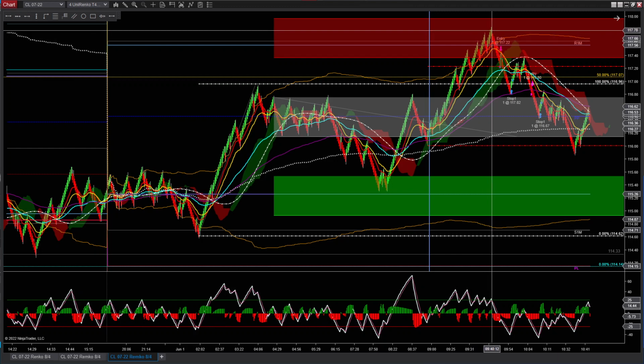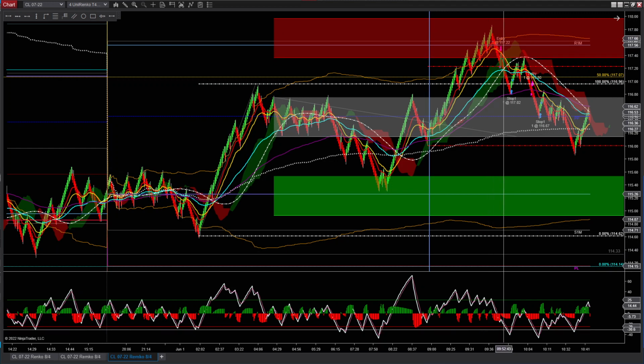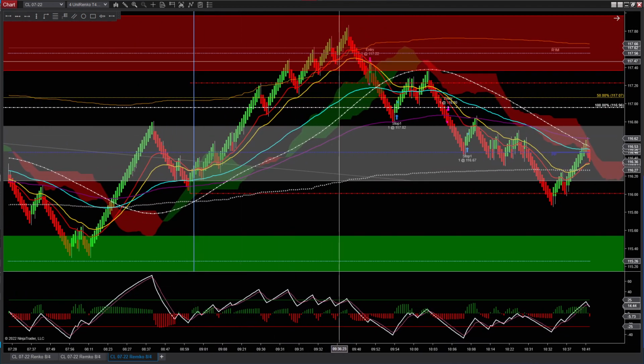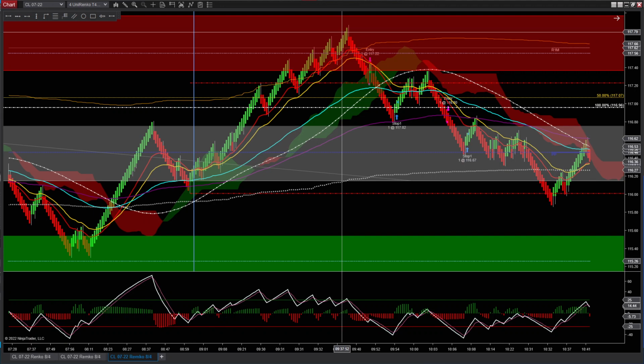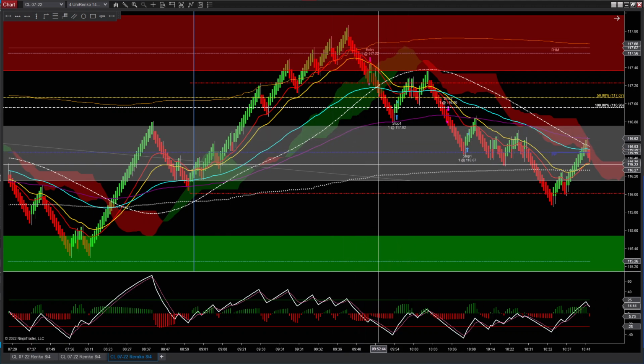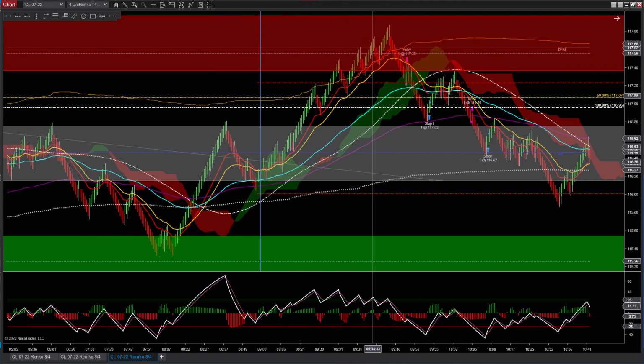At 9:40 a.m. then the market came back down, and I took this counter trend trade. Okay, so let me show you why I took it. So in this area here, which is the red area, I'm thinking that the market in a range is going to come back. So this area here, the gray one, is a magnet. So that is the range area, and these are extensions basically.